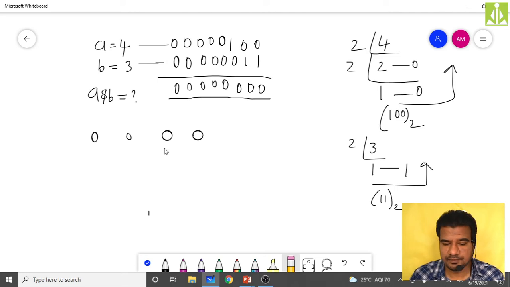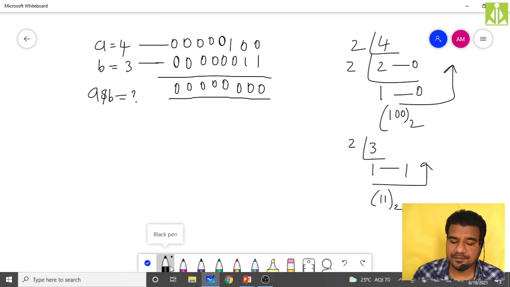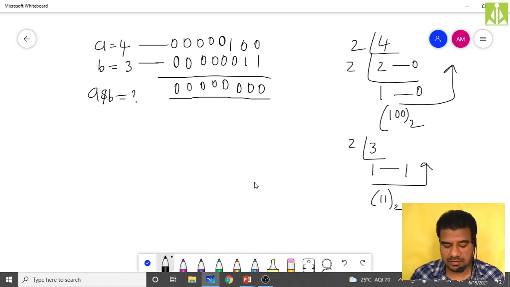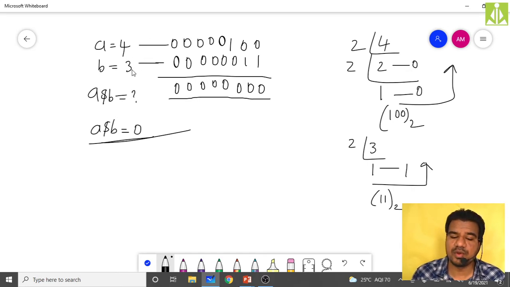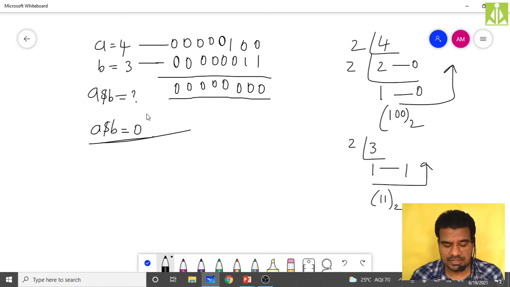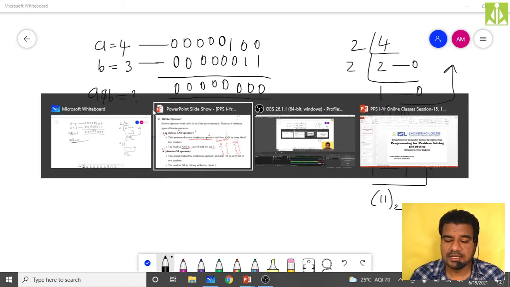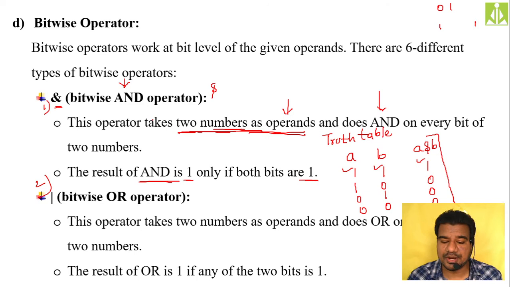Going back to the slide, when we performed A ampersand B, bitwise AND between 4 and 3, we got the result 0.